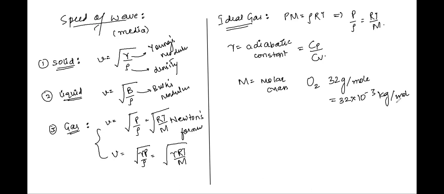Everything has to be done in SI units, right? Gram is not an SI unit. Kg is the SI unit. Very important to remember. Now, did I give you an example? Let's say you are asked to find the ratio of the velocity of sound in nitrogen to that in helium. How will you do it?